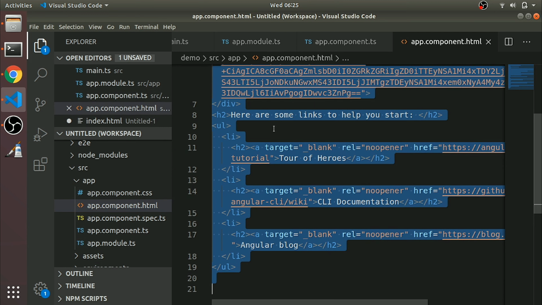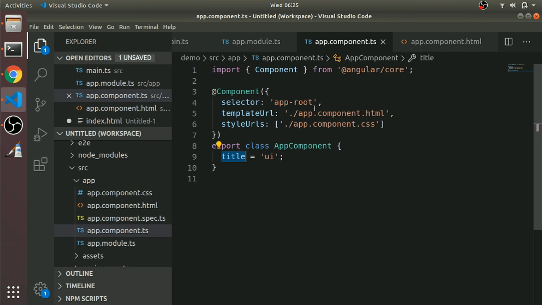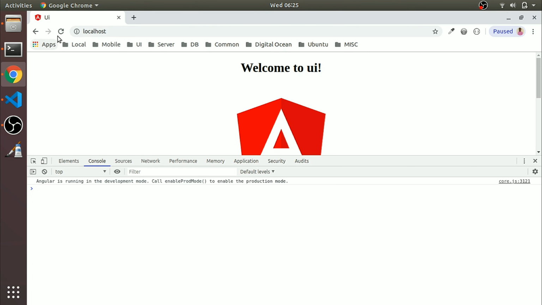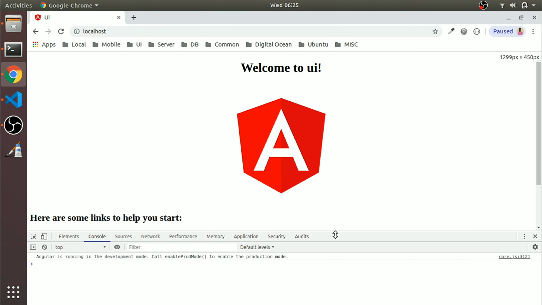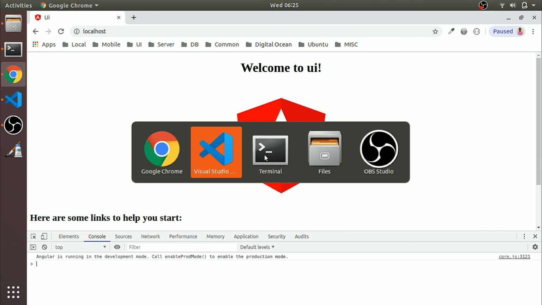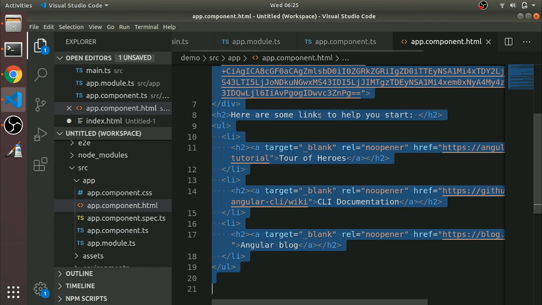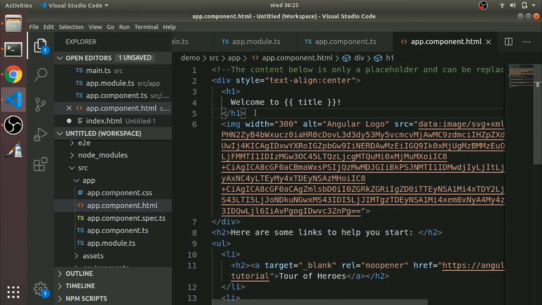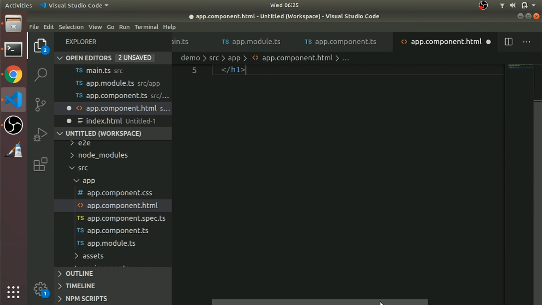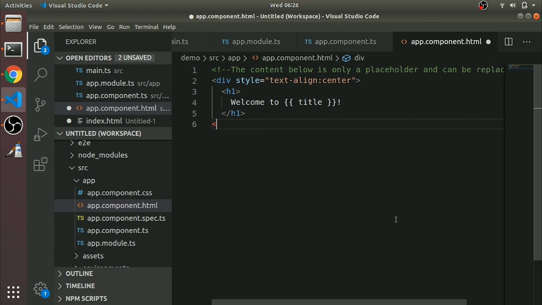The code of the app component, you can see it here. Now we have a clear idea how Angular loads, or you can say how Angular bootstraps the process, right? Let's go back to our browser and refresh, it's coming, right? So what we'll do, let's make some changes in component.html. We'll just put a div.